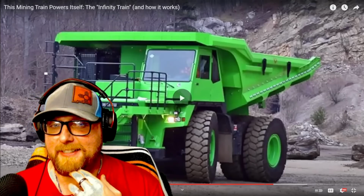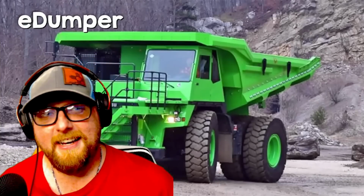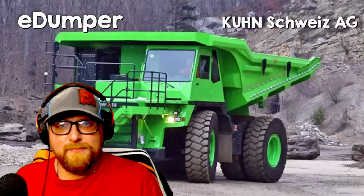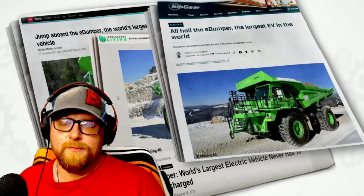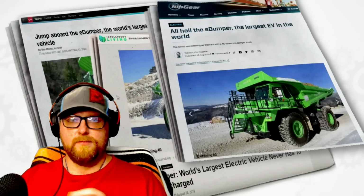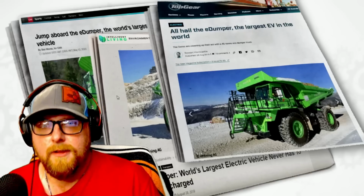Now that's an idea. That's actually a mining truck that is pretty similar in concept to the Infinity Train. It's called the E-Dumper. It was developed by a Swiss company, Kunstschweiz AG. They converted a diesel mining dump truck to what they're calling the world's largest electric vehicle. Though I'm not sure what they count as an electric vehicle. I know that there are plenty of electric trains and electric ferries in the world that I would call electric vehicles, and I would expect that they are bigger than this mining truck. Right. So I'd rather call the E-Dumper the world's largest electric truck rather than the world's largest electric vehicle, but